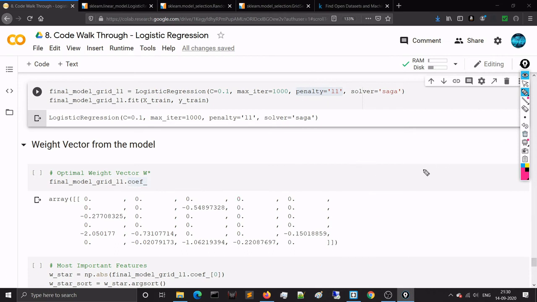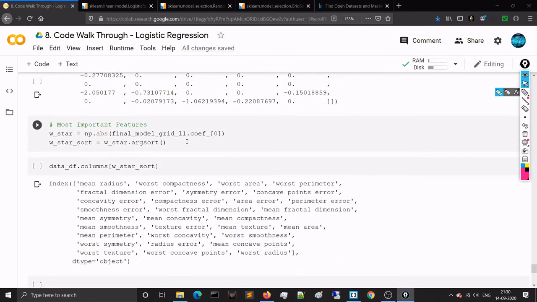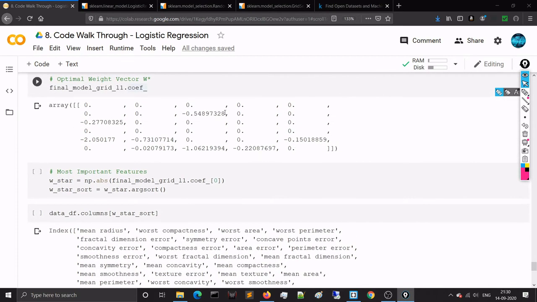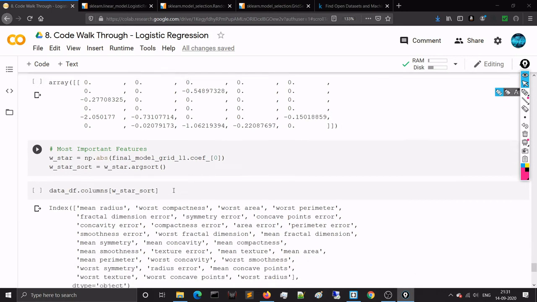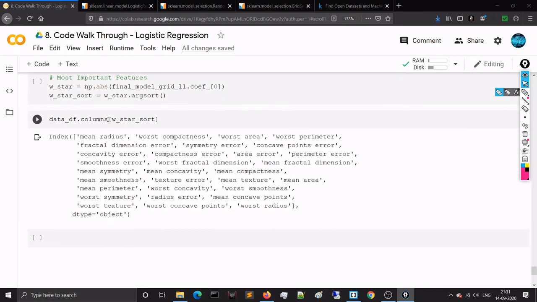So now using this, we can get the feature importance, right? We will take the absolute value of the Ws and sort them. Once sorted, we can use our data frame columns, because they are actually nothing but our feature names. We can pass the sorted weight vectors through our data frame columns, and we will get the least important and the most important features.